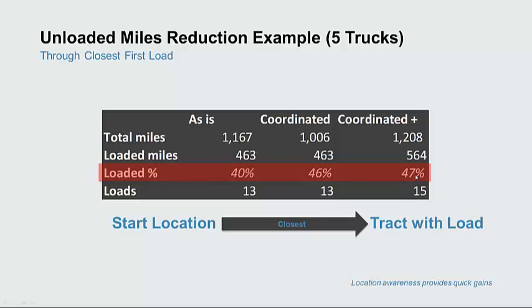And that's just simply by doing one thing in the morning, choosing the track that is closest to where the truck starts. You take this a step further and you can plan the end of the day. There are a lot of ways and a lot of places with the right tools that this approach can provide really big efficiencies in the wood product supply chain. So in summary, the location awareness provides some really quick gains for